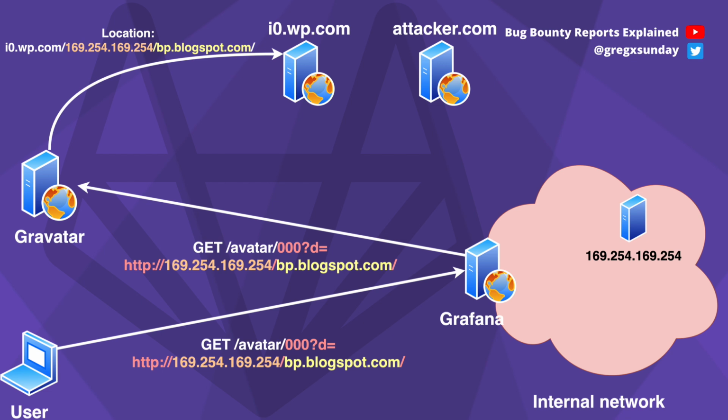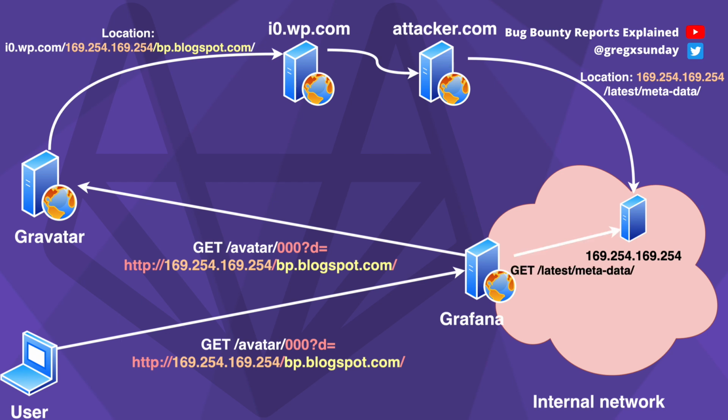We can just introduce yet another redirect, this time to our server. And on our server, we can host code that will strip this part and send one last open redirect to an arbitrary host and arbitrary path. Chaining this all together, the final exploit URL would look like this.